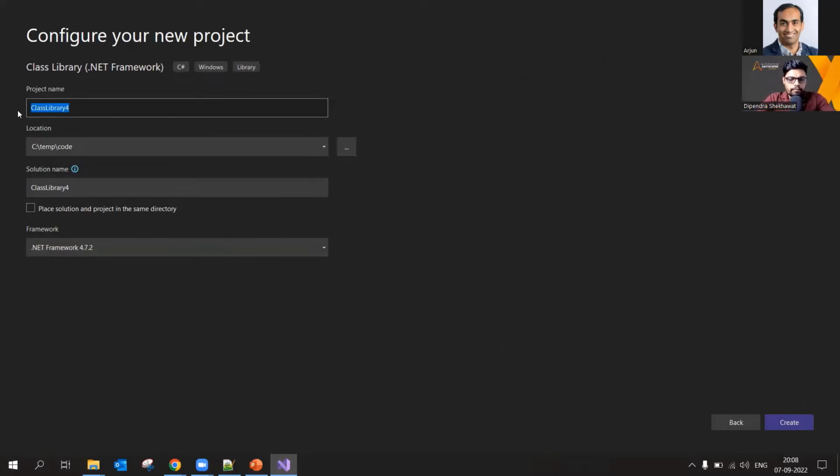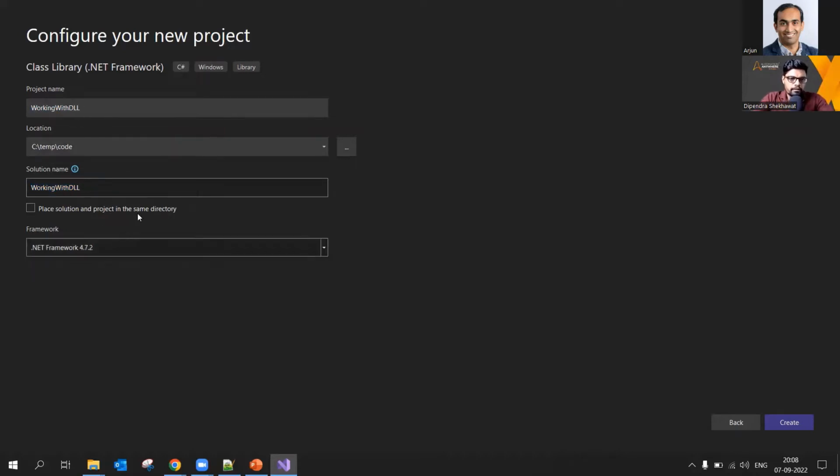Once you select the class library project, you are popped up here. We can give the project name. I'll give Working with DLL. That will be your solution name, and that's your project name. You can change the solution name; it need not be the same. That's fine. And this is the .NET framework which we are targeting. So 4.7.2 or 4.8, we can target either of them. Let's have 4.8 selected